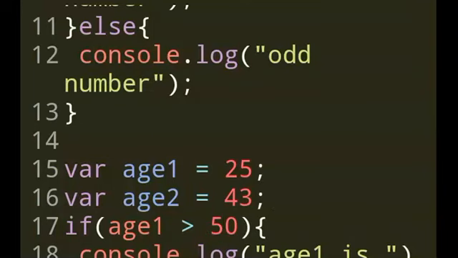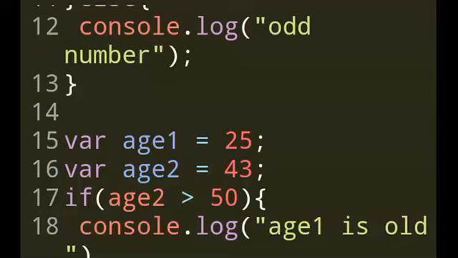If age1 is greater than 50, then I want to say age1 is old. Okay, this is good enough.